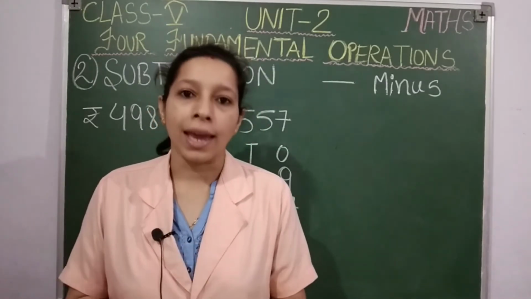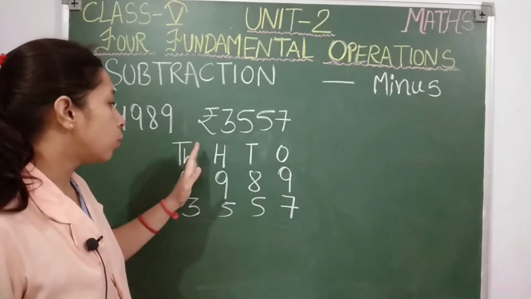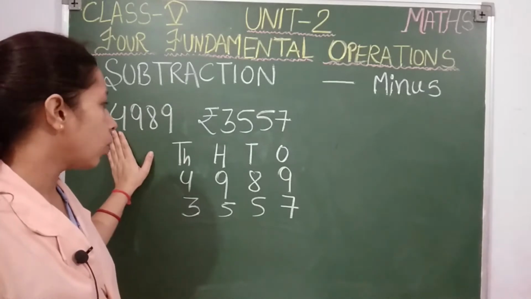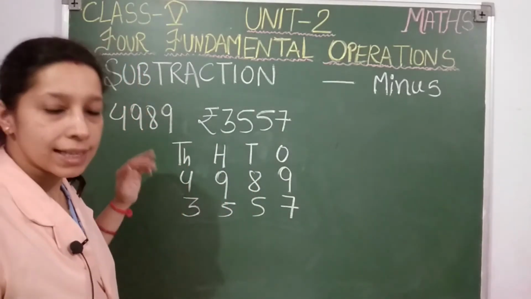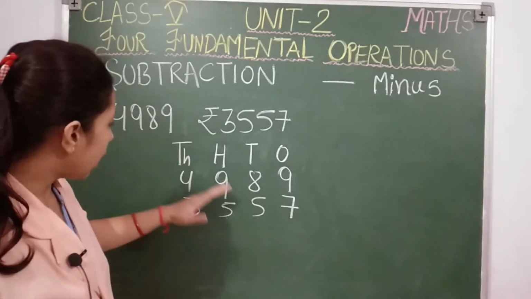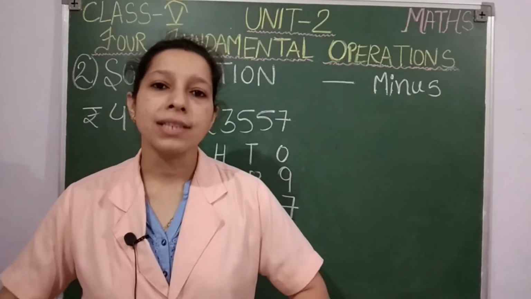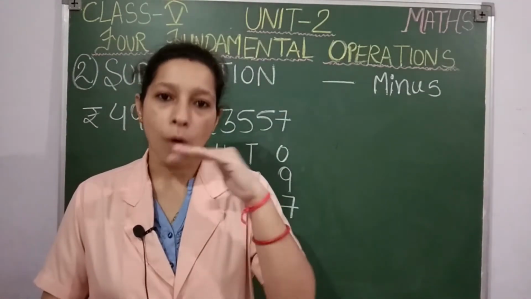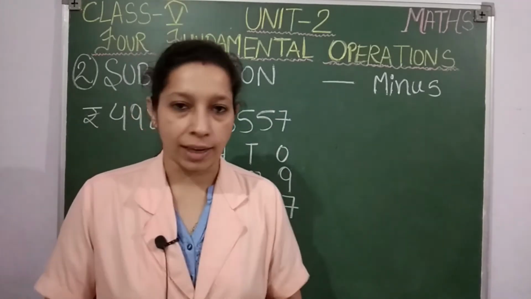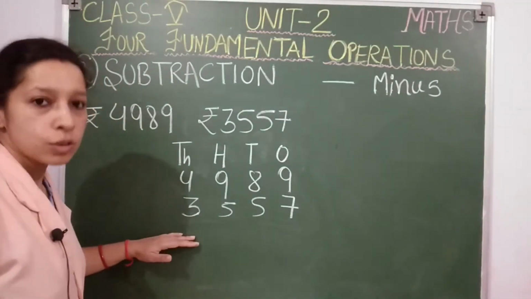Clear, students? Again, how to subtract? The first step again here is to make the columns using the place value of the given numbers. So 4 digits only means up to 1000 only. So I have made the columns up to 1000. Then second step, arrange the numbers in the columns according to their place values. So already the numbers are arranged, but one most important thing for subtraction, students, always write the large number at the top of the smaller number. Means first you will write the large number and the smaller number will come after it. Okay, arrange like that only. So here also the large number is written first and below it the smaller number is written.